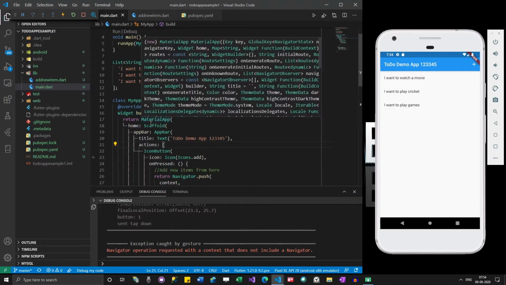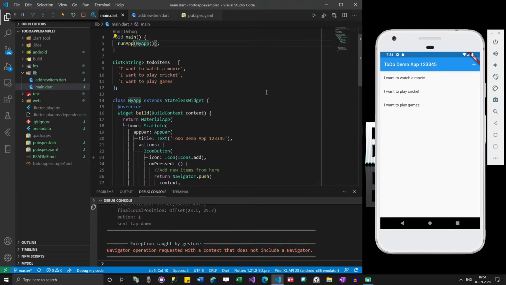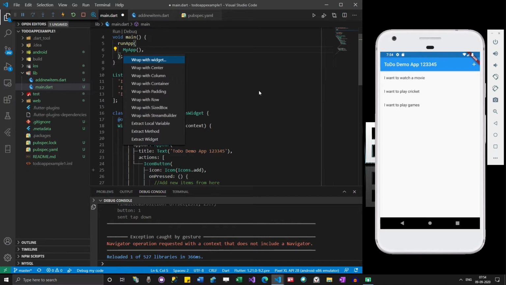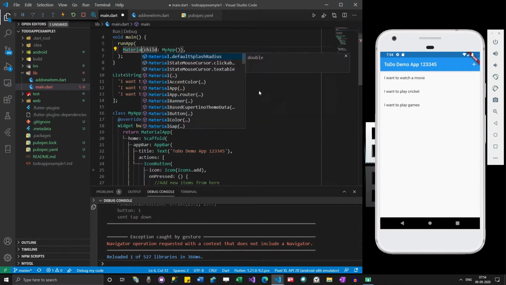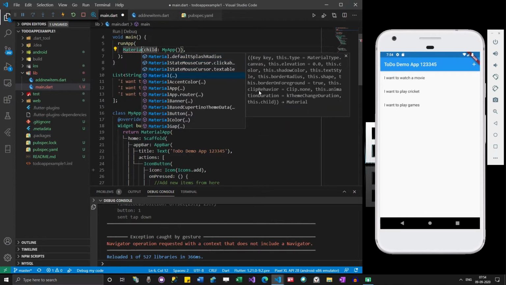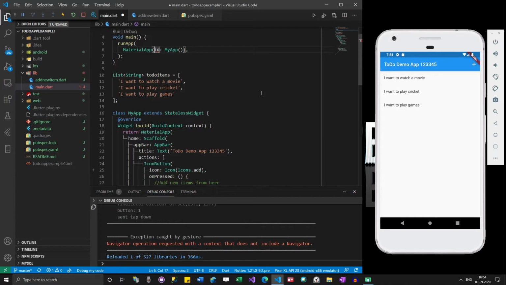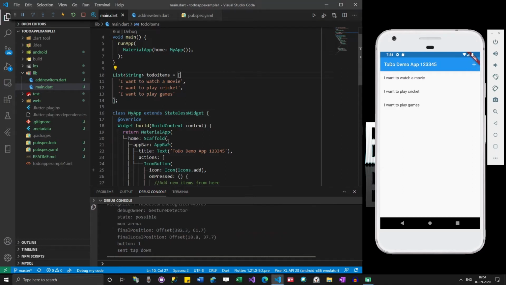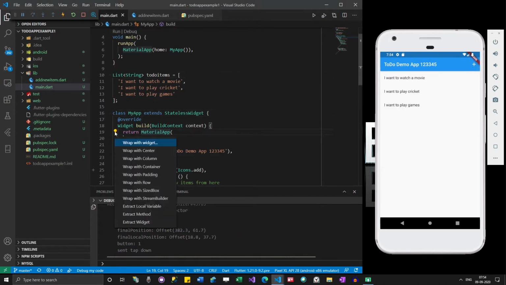So let me move this material app to my app. Let me add a comma over here, and then see if it fixes the issue. Let me remove this material from here.